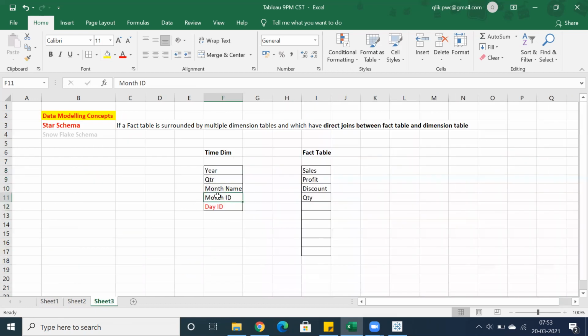Let's say if you want to aggregate the data across month, you have to use month ID in the fact table to get the relationship between the fact table and the time dimension table across month level. But in most cases, we go for the lowest level of granularity. Even though we can establish a relationship across a higher level, we can maintain different levels of data.